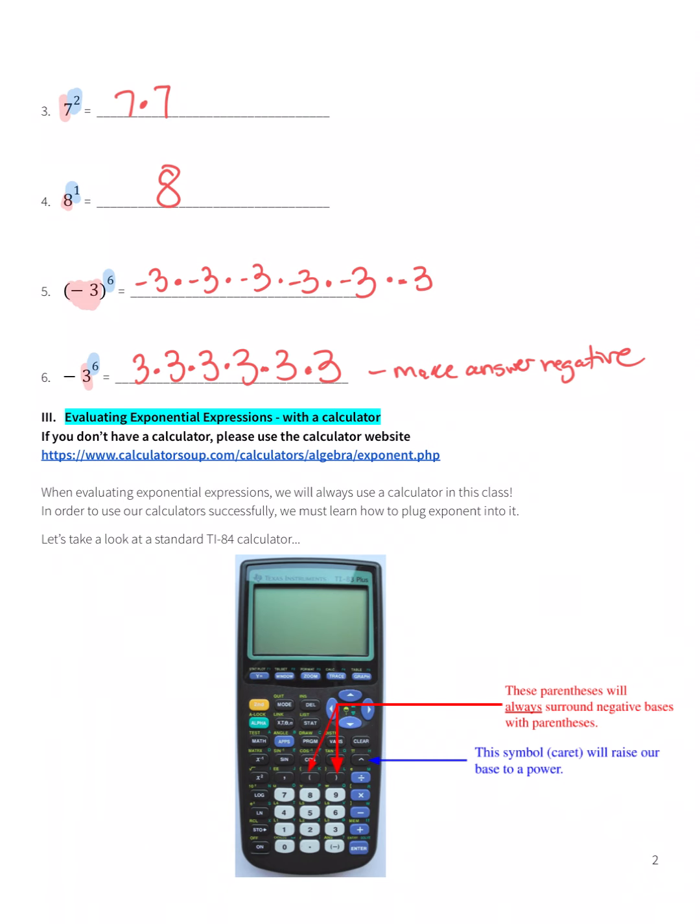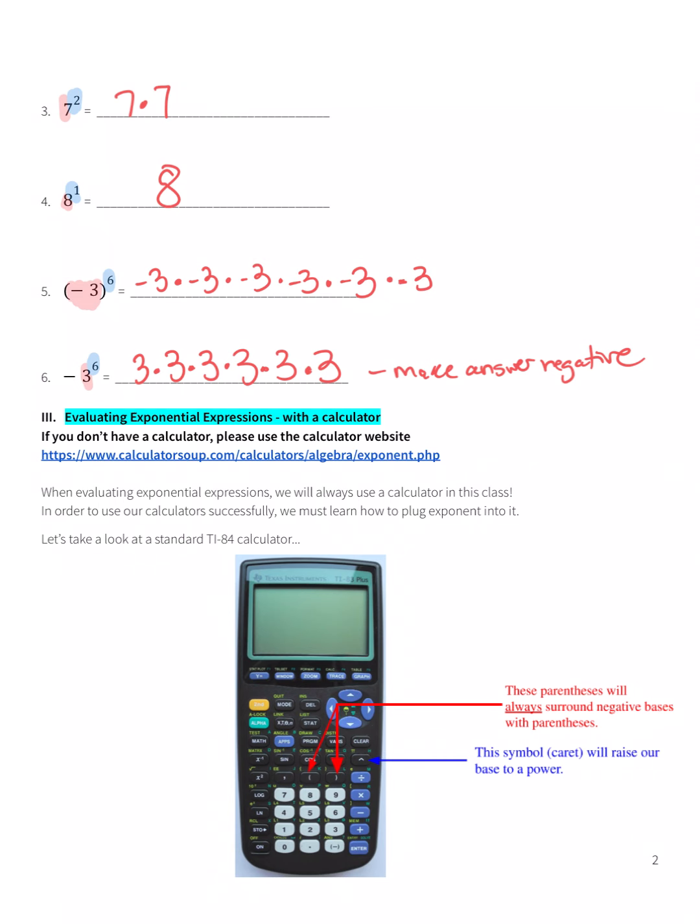When the negative sign is outside the parentheses, you multiply the positive number over and over and then always make it negative. All right, here you have two options on how to solve exponents. You should just use your calculator. Here's the understanding of what a base and an exponent is, but really, you should just use your calculator to solve these. There is a website that you can just type in the base and the exponent and you'll get